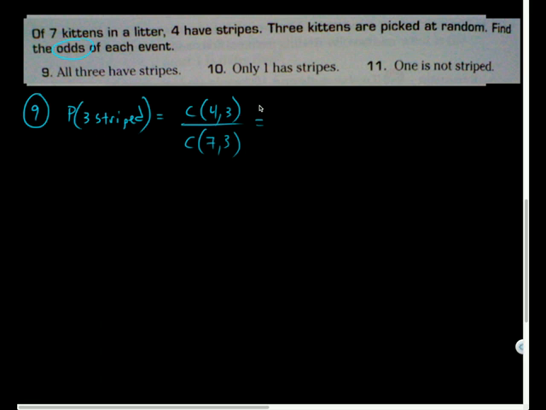So let's see, 4 combo 3. I think that might end up being just 4. Yep. And then 7 combo 3 is 35. So there's our probability. But now if I want to find the odds of this event,